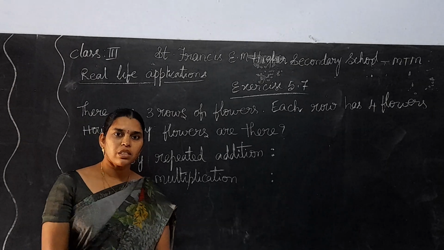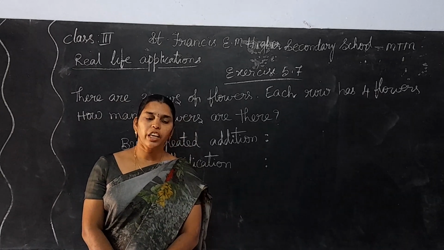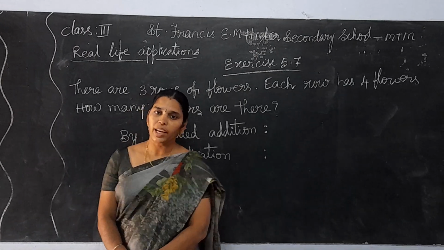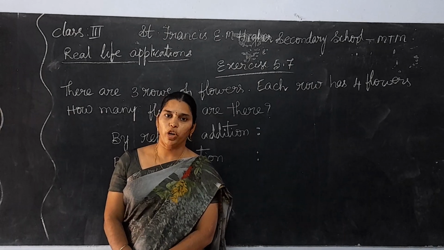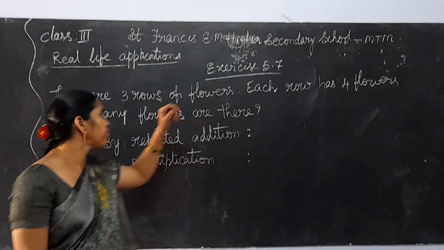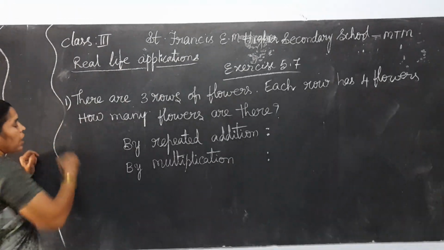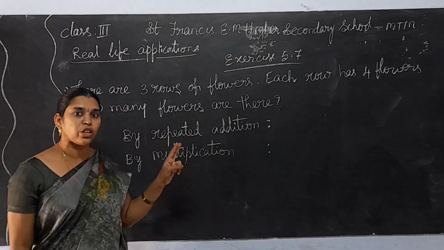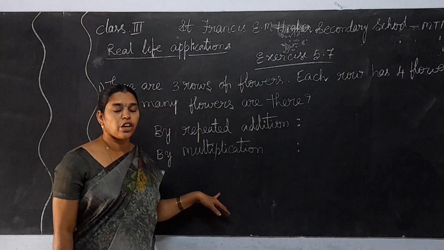In previous class, I taught multiplications by using tables. Today I am going to explain a real life application that is none other than word problems. See here children, exercise 5.7. There are 3 rows, first 4 sums are there. Out of 4 sums, I am going to explain 2 sums. Remaining 2 you should do in your HW.